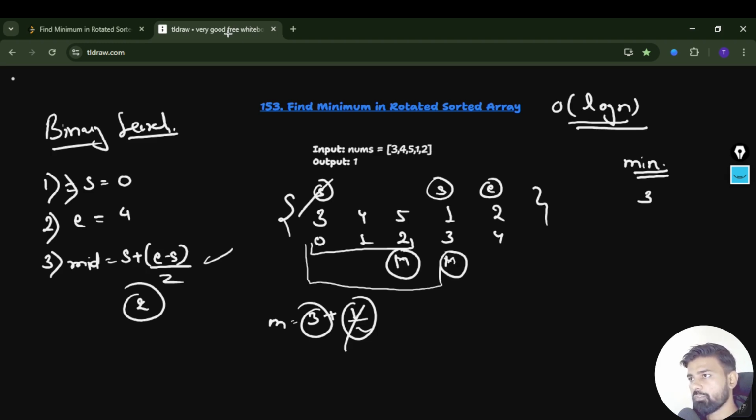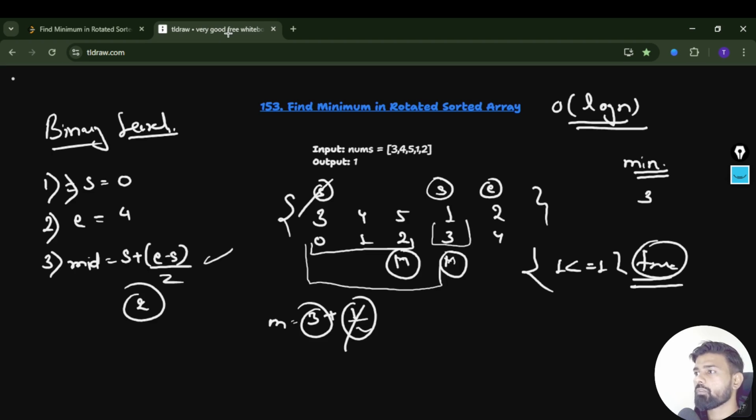Now again you have to figure out whether nums of start should be either less than or equal to nums of mid. In that case it means this is sorted order. So you will get 1 is less than or equal to 1. So this condition is true. Once this condition is true, you have to check which one is smaller, either this 1 or 3. Whichever is smaller, that we have to consider. In this case 1. So min will get updated to 1, and